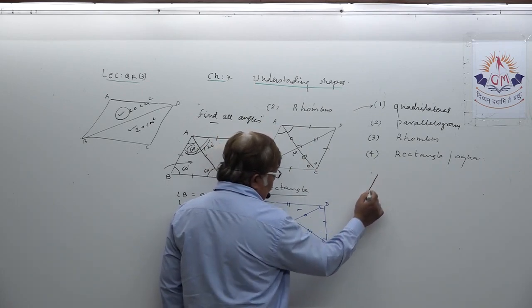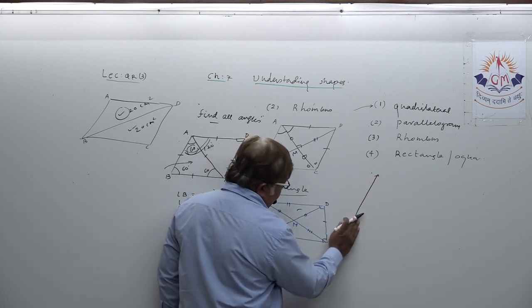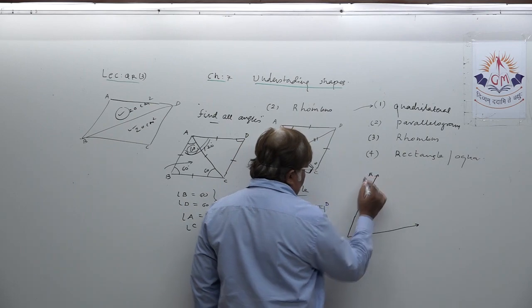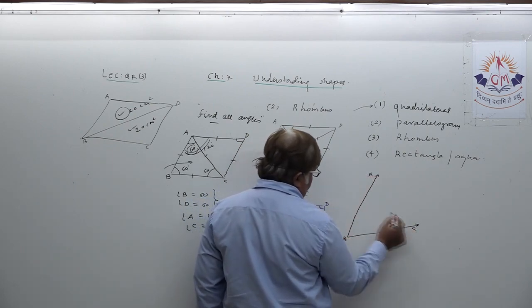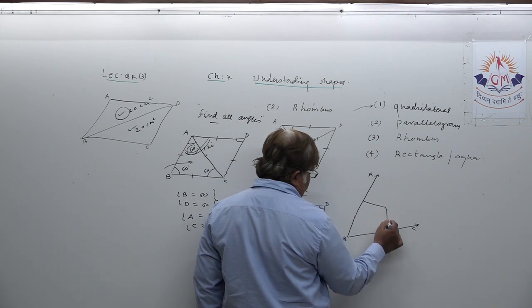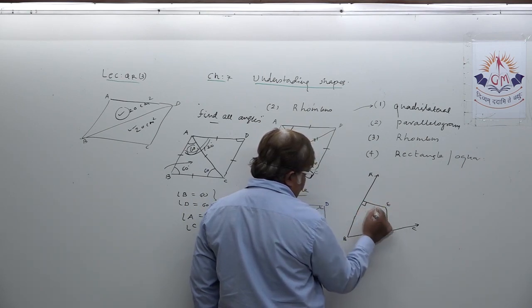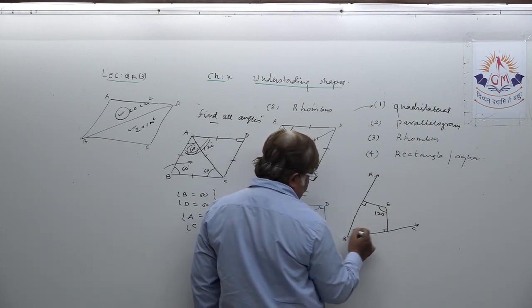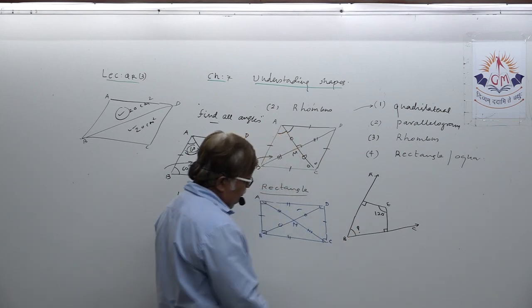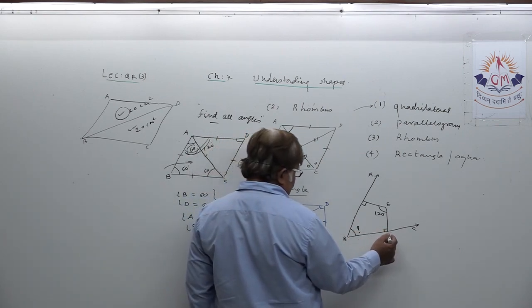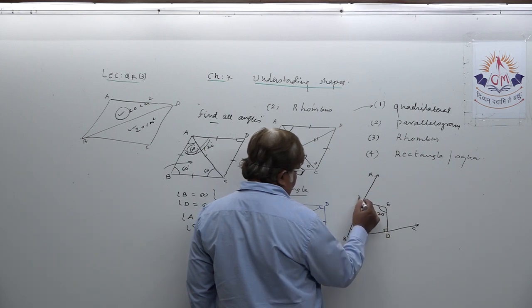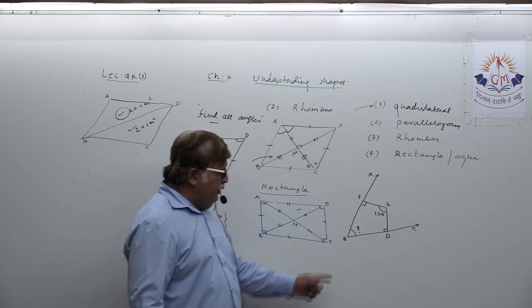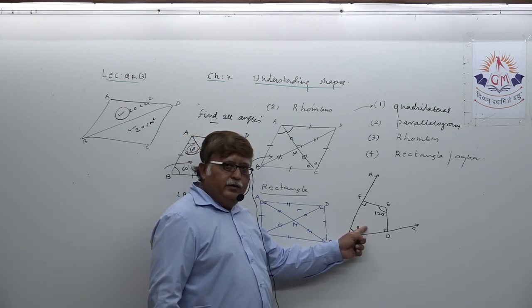You know one example. Suppose it is given this way. A, B, C, okay, and it has been given this way. One such example we have also done. Suppose this is 120 degrees. What is B? You all know this? Here nothing is mentioned, so you can take D and you can take F. It is looking like a quadrilateral.